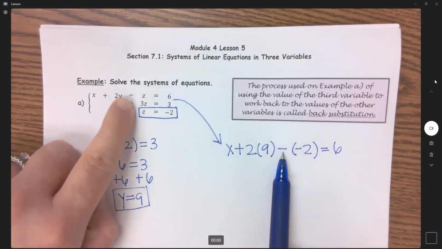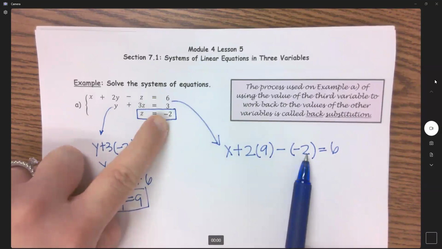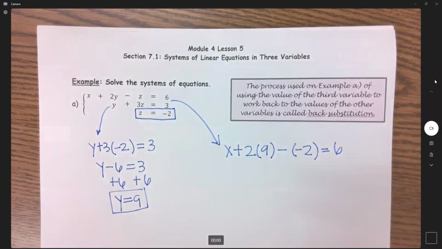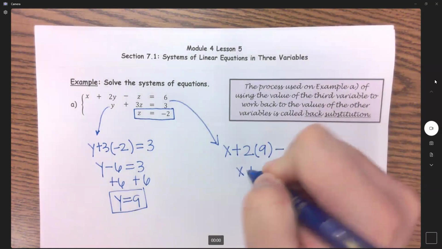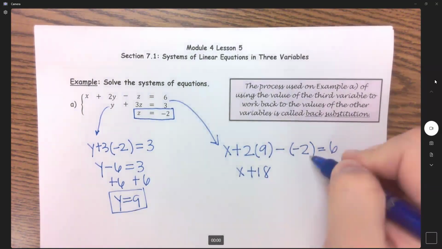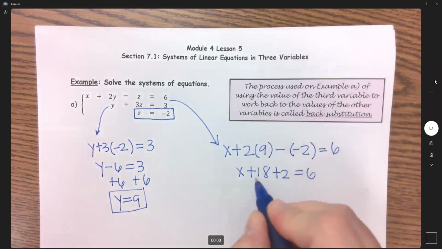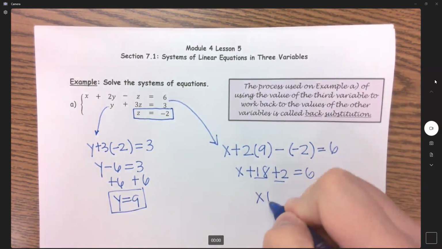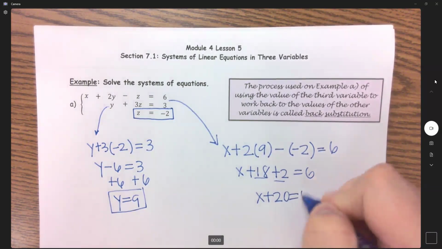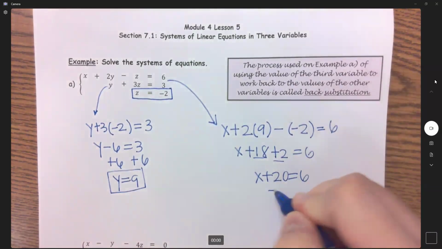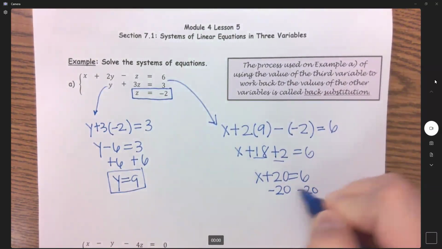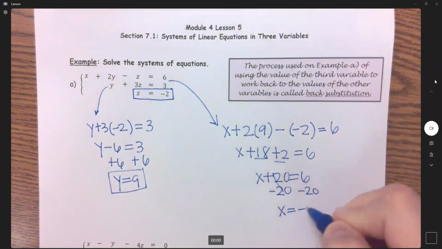Minus from my equation, and what I'm substituting in has a negative, so that's why we have a double negative here. So we got x plus 18, negative times negative makes that a +2. My like terms give me x plus 20 equals 6. Subtract our 20 over, and we have x equals